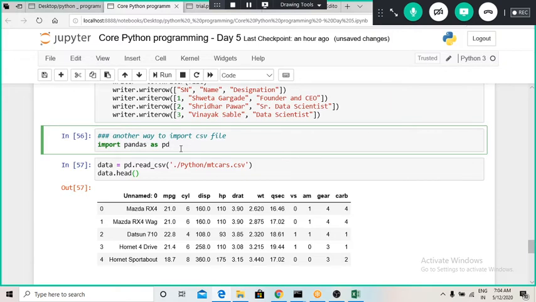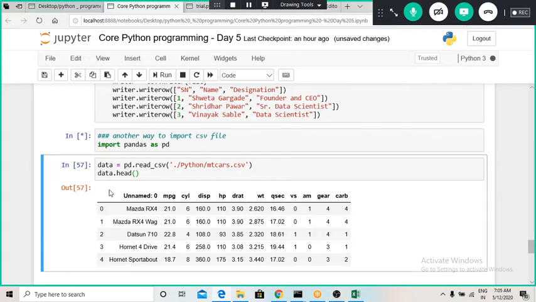There is one functionality in Python that whenever we want to import a file or a module, we can name it with a short form. Here I have imported the pandas library and saved it with the shortcut name pd. I can access the modules saved in this library using pd dot. Whenever I write pd dot, I can access all the modules saved in the pandas library.